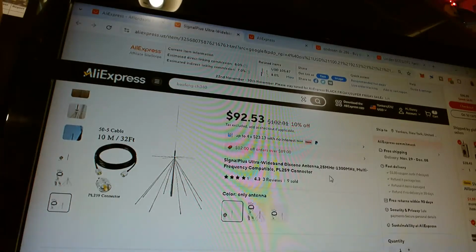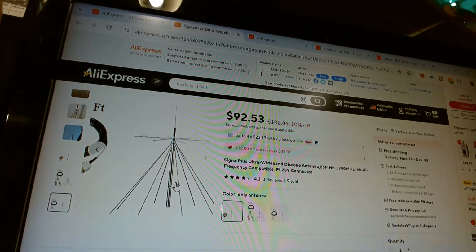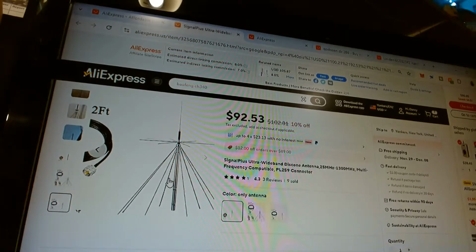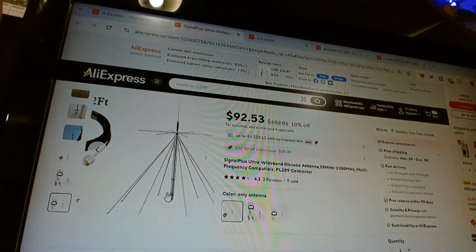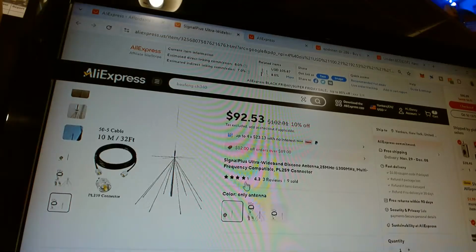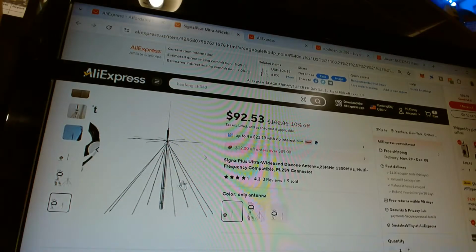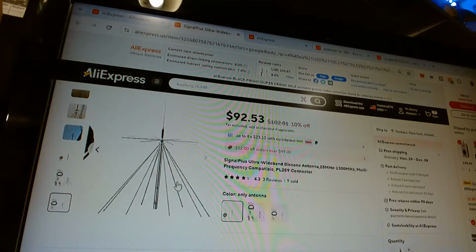And I got mine for about $60. I think it was about $68 or $60. I forgot the price. I bought it a few years ago on eBay before the price of this antenna went up. Now this antenna is about $100. But if you shop around, you can get this antenna for $75. But if you have a scanner, I definitely recommend getting one of these on your rooftop.